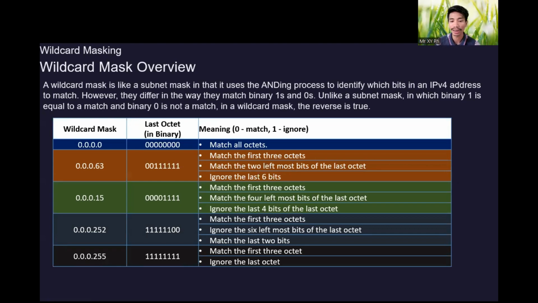Okay, so when we say the wildcard mask, we have the octet, right? So this is the 4 0 that are shown in the table, and the last octet is shown in binary form. It converts the number on the last octet to binary form. So that's why the binary is like 0101. All right. So this is the meaning of the 1 and 0, which means the 1 is ignored and